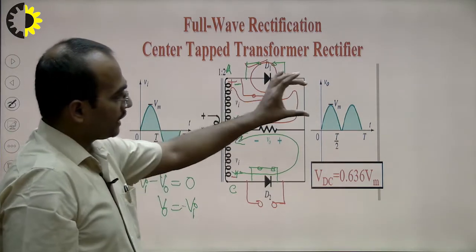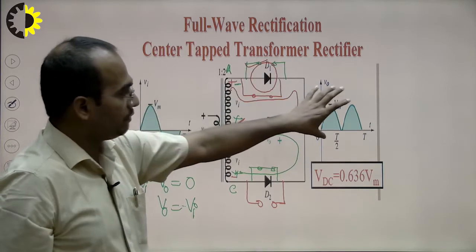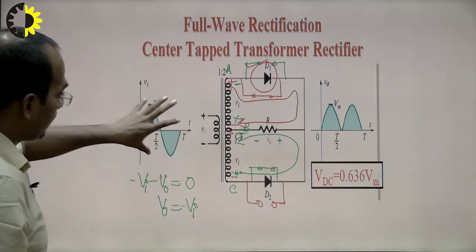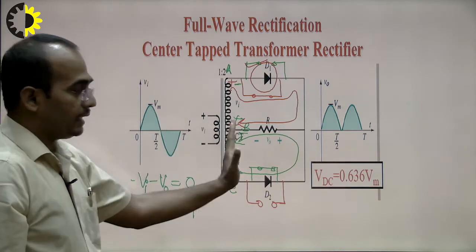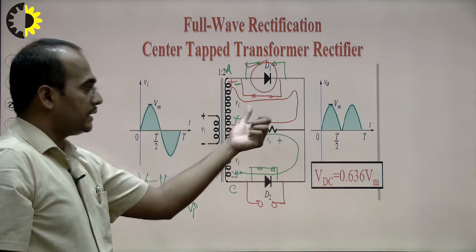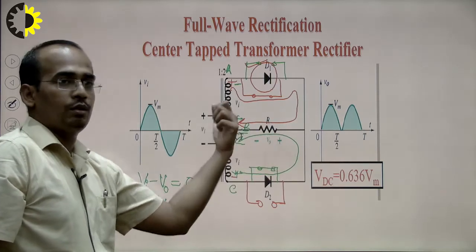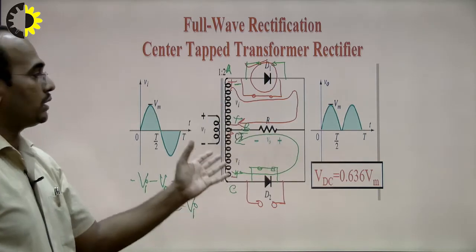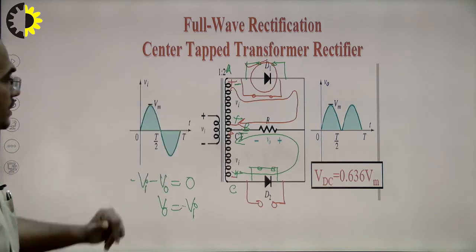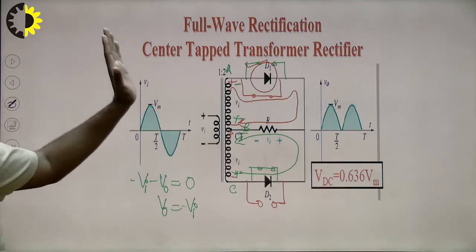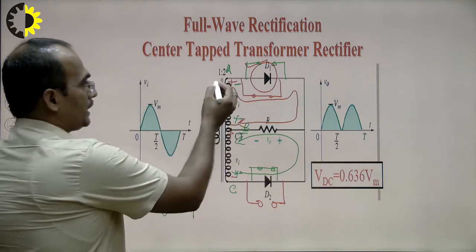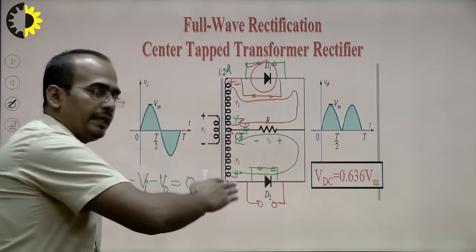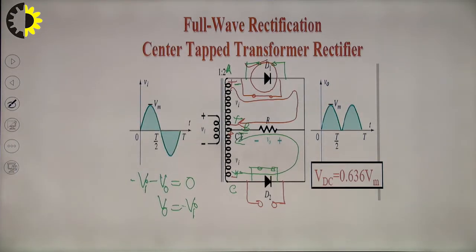So in this case, for applying the positive half cycle we are getting the same input half cycle. For applying the negative half cycle I am getting V naught is equal to minus Vi. If you consider the sign, then the sign of the output across the load resistance will change. I am not changing the sign of the voltage across the load resistance; I am only considering positive and negative for the complete cycle. So what will be the output waveform?